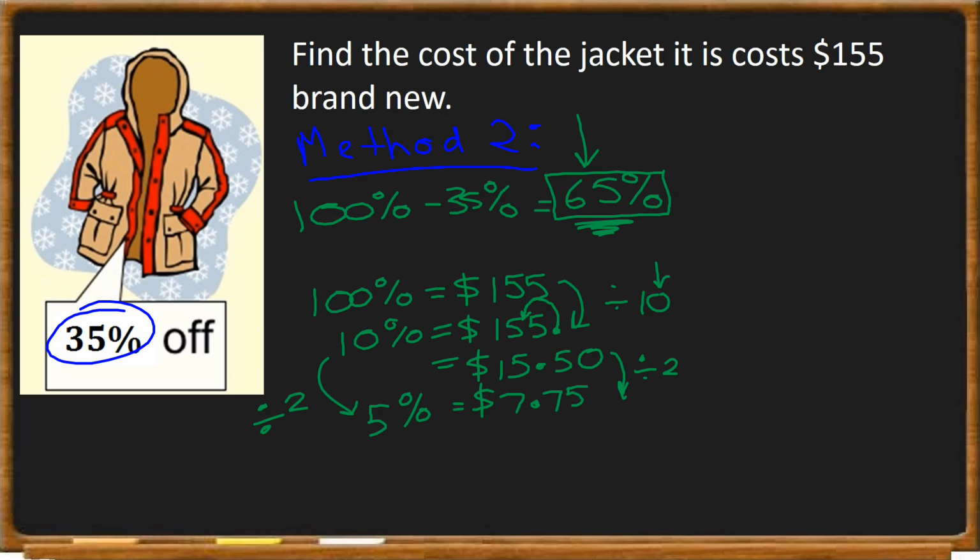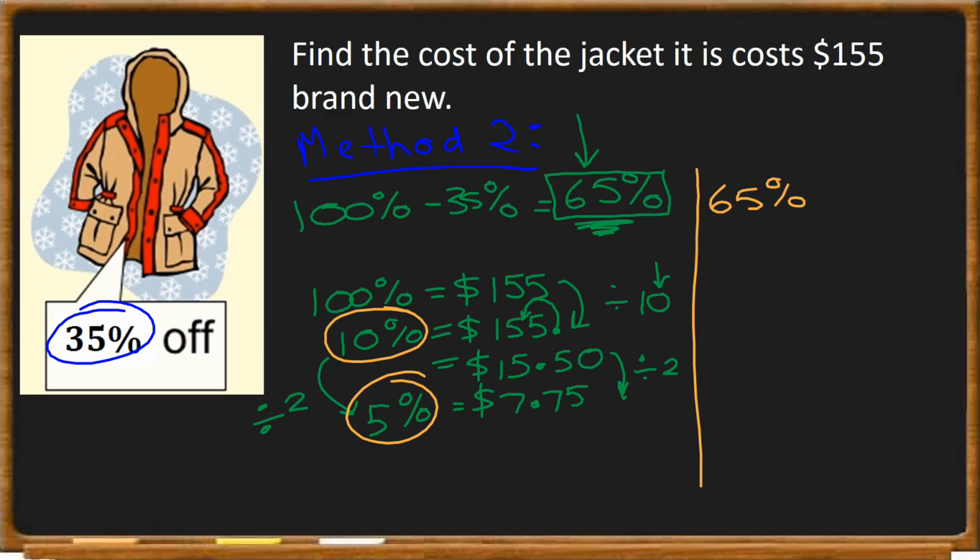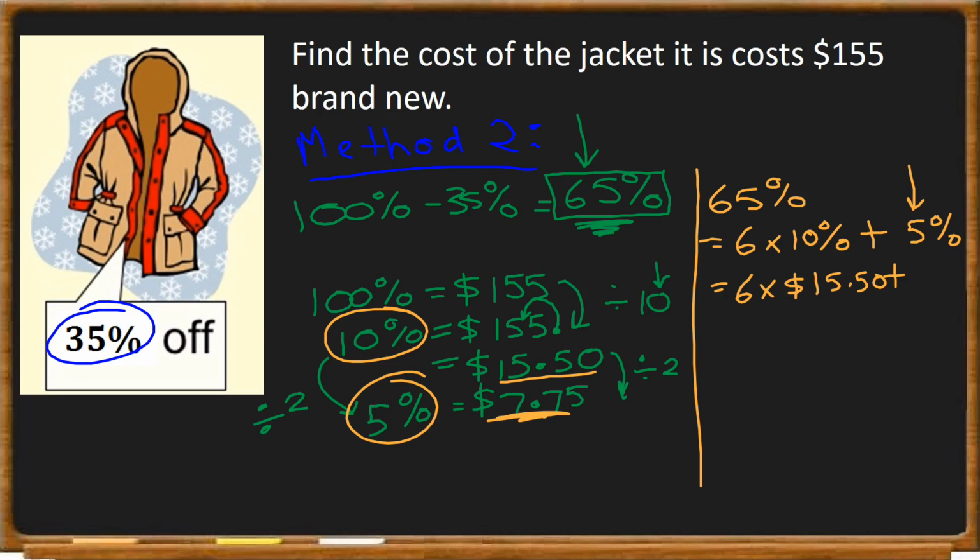And here comes the point where we can go straight to the 65%. You need to think carefully about how I will get 65% if I have 10% and 5%. Well, 65% would be 6 lots of 10%. That will give me 60%. But then I need an extra 5%. So 6 lots of 10% is 60%, plus the extra 5%. And then we just put in the amounts. We know that 10% is $15.50. So I want 6 lots of $15.50, and I'm going to add on the extra 5%, which is my